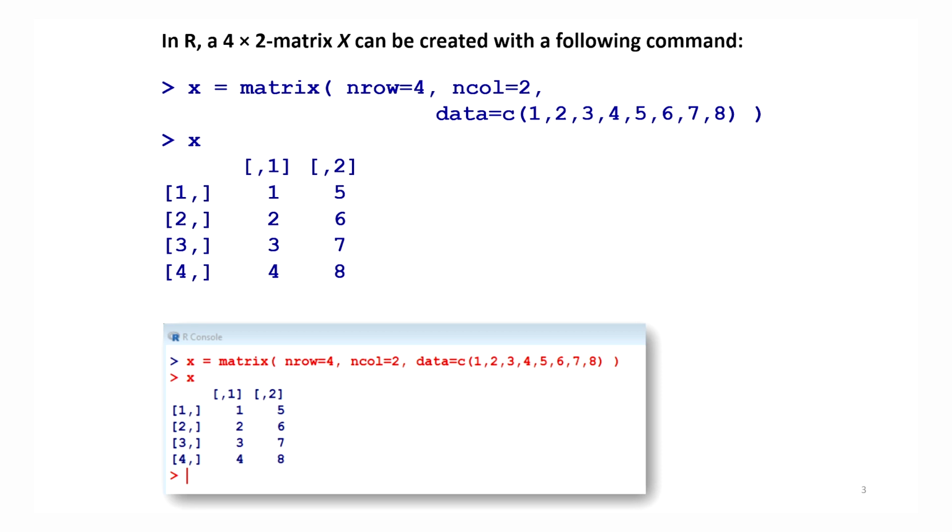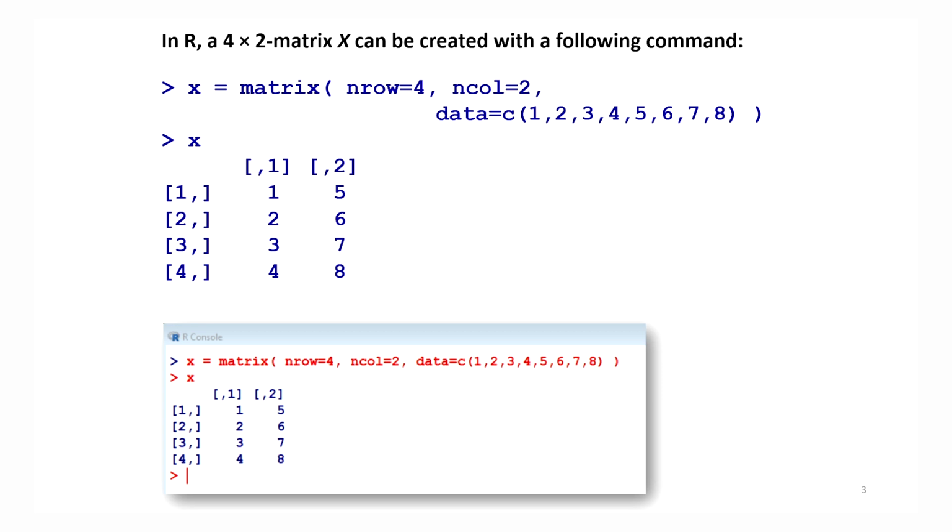Suppose I want to create a matrix. Creating a matrix means that data has to be arranged in the matrix. Now, when we are trying to create a matrix, what do we need? The first ingredient is that we want to know what is the number of rows, then we want to know what is the number of columns, and then we want to know what is the data. That means what are the entries in the matrix.